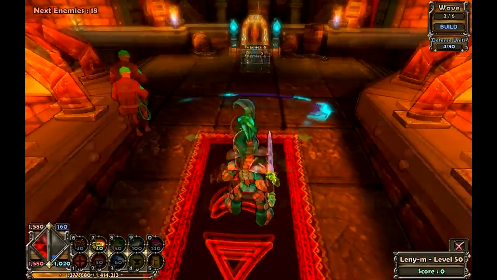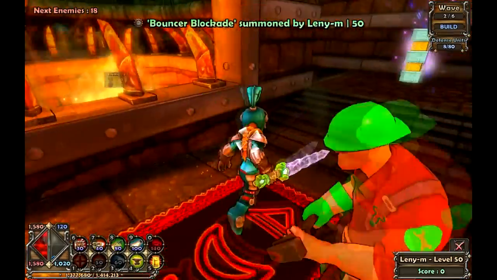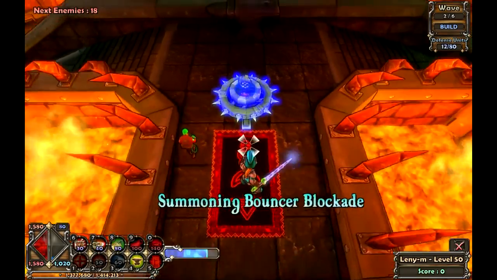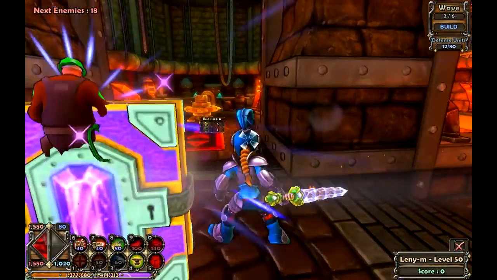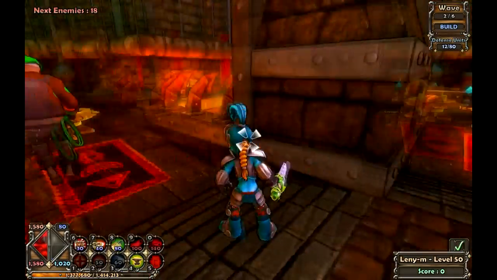I'll be setting my bouncer blockades. They are really useful and kinda tanky. I'm boosting my damage on those towers as well as their HP. I'll start the wave,